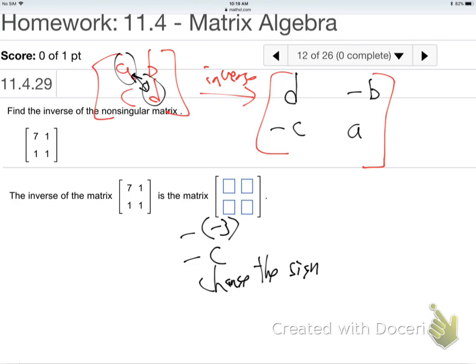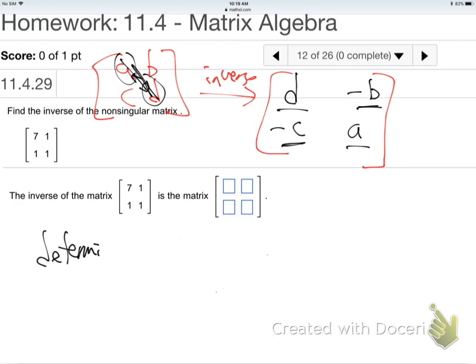Negative on a letter doesn't mean negative in the end. It means reversal of sign, doesn't it? So you want to think that way. So I say reverse the sign on these two. Switch the order on the other two, reverse the sign on those two, and then divide all 4 by something called the determinant. The determinant of a matrix,